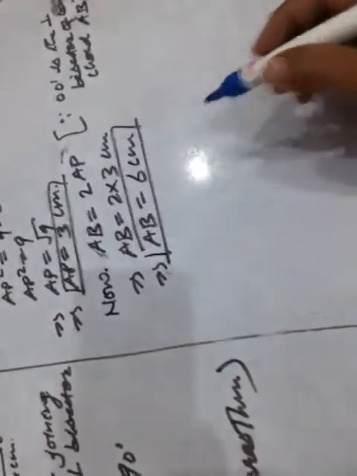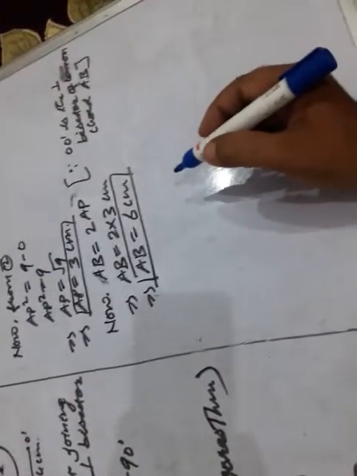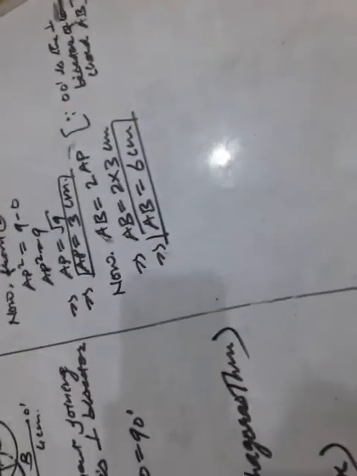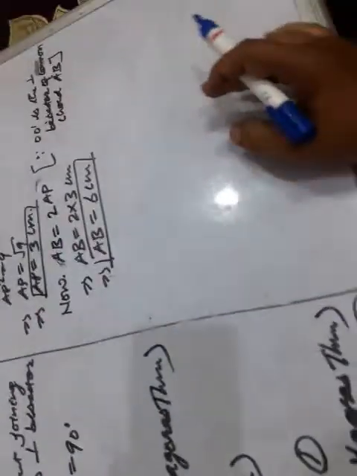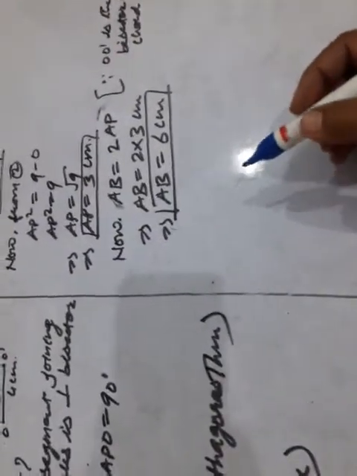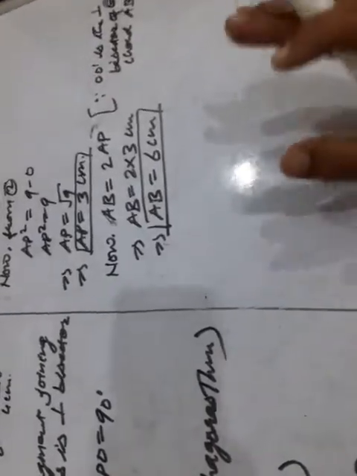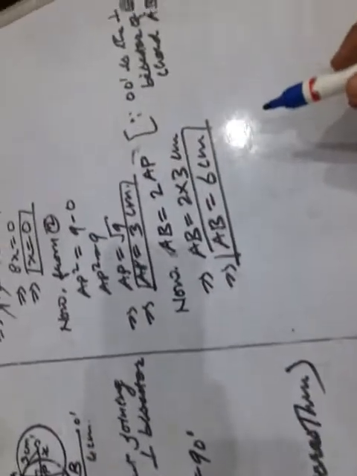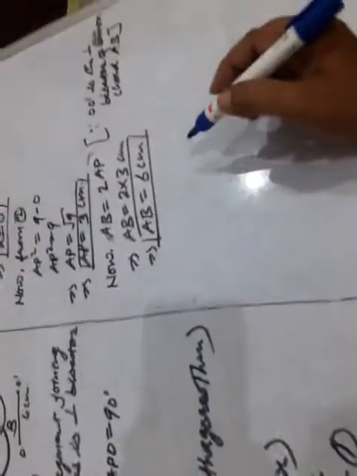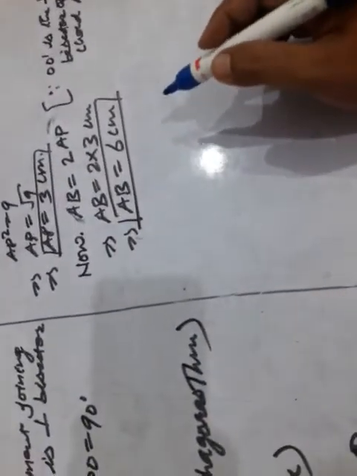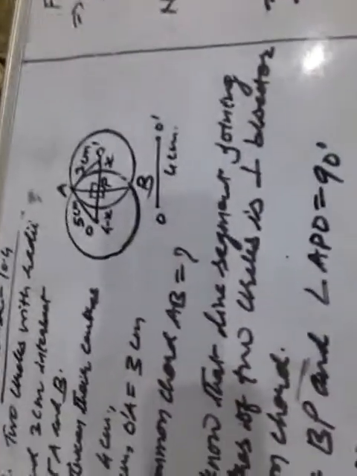Okay children, see, clear children? Now children, I tell you, this question can be solved in one step, in a single line also. This is the first method, by using construction method, you can solve this question in one line, I tell you. But here the measurement is not important because we have taken the estimated measurement.